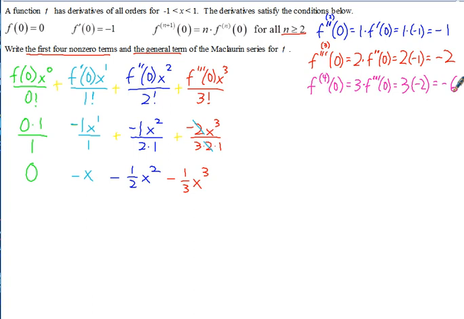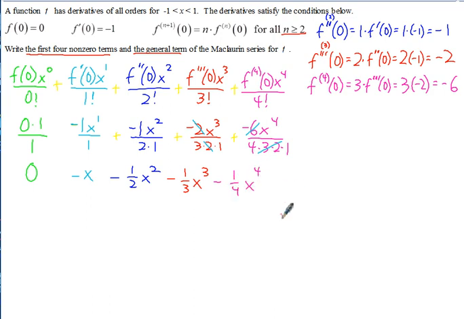So if we look at the next term after this, the pattern would be the fourth derivative of the function at 0, x to the fourth over 4 factorial. All right, so we just got that that's equal to negative 6. Fourth derivative at 0. X to the fourth over 4 factorial is 4 times 3 times 2 times 1. So you can see what reduces here. The 3 times 2 is 6. That reduces out the 6. So we end up with negative 1/4